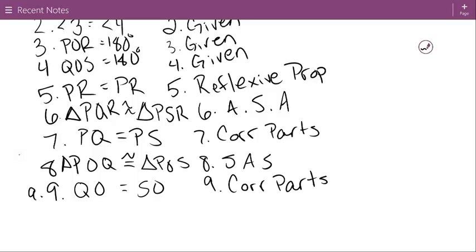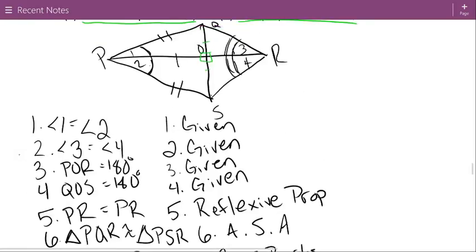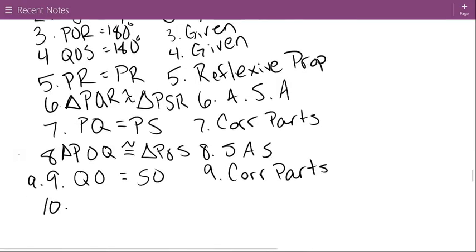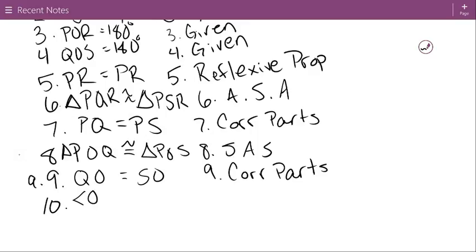Okay, and so because they're also corresponding parts, we also know that angle QOP is equal to angle SOP because again, they're corresponding parts of those little triangles POQ and POS. Angle QOP is equal to angle SOP, 10, for the same reason. And then 11,